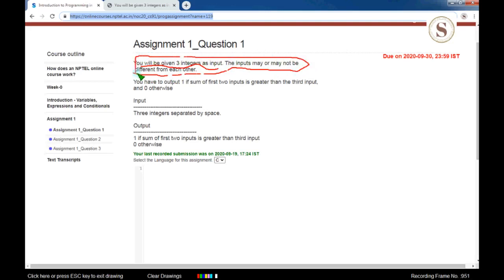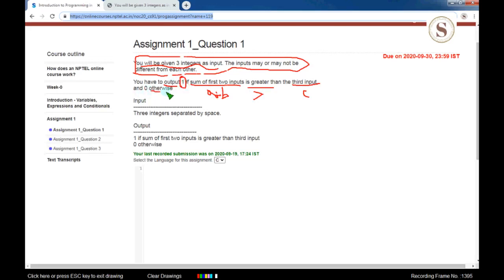We should print the output as 1 whenever the sum of the first two inputs, a plus b, is greater than the third input, c.